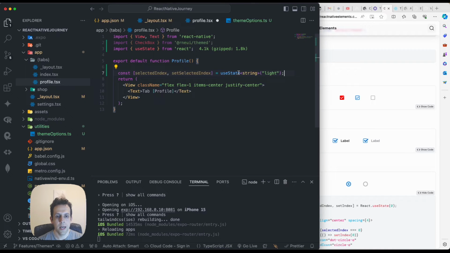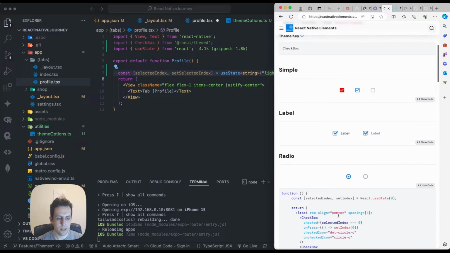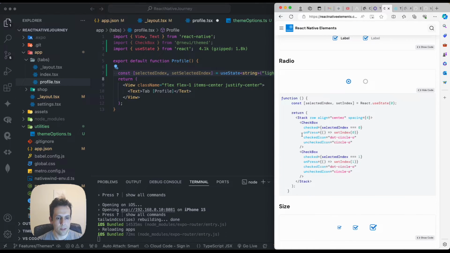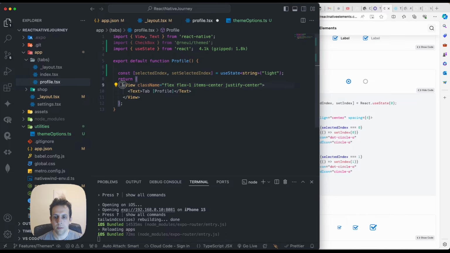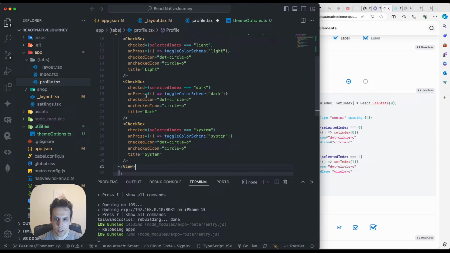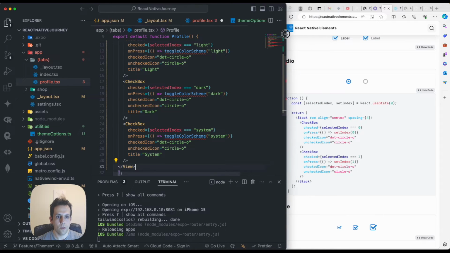So right now, as you can see, I'm assigning a string to this. So if it's, for example, light mode or dark mode or system mode, originally we are assigning light to it. And then for the checkboxes, I'm going to use a similar code as here. So we have different checkbox elements here. So I am going to bring them over,